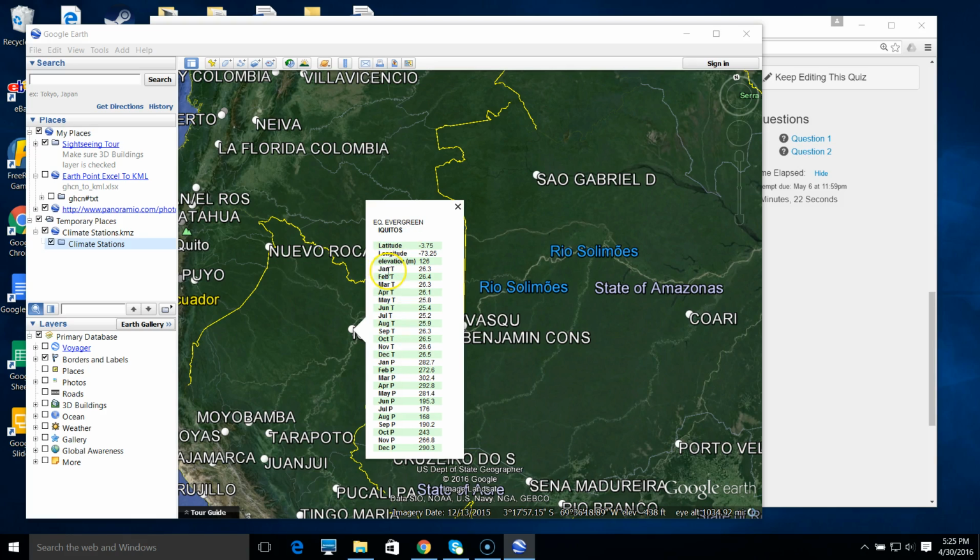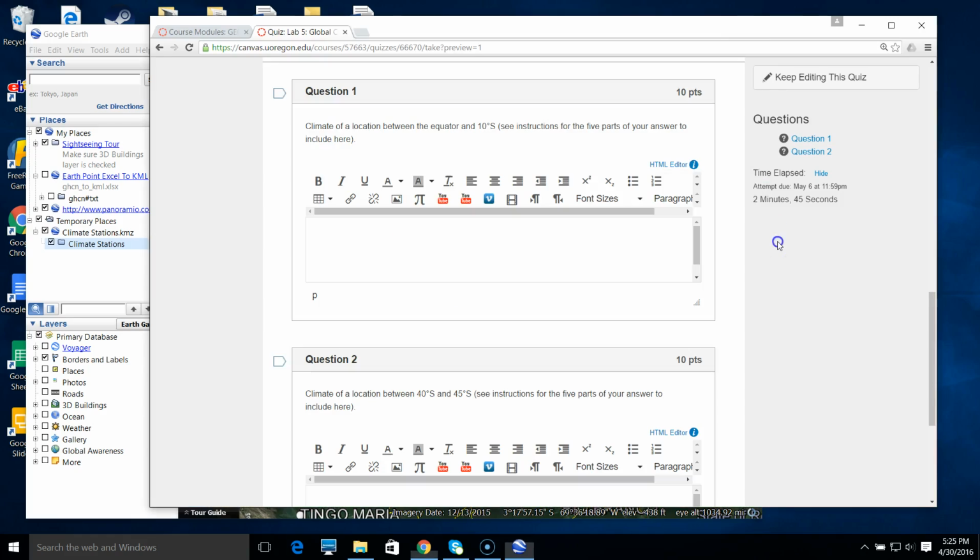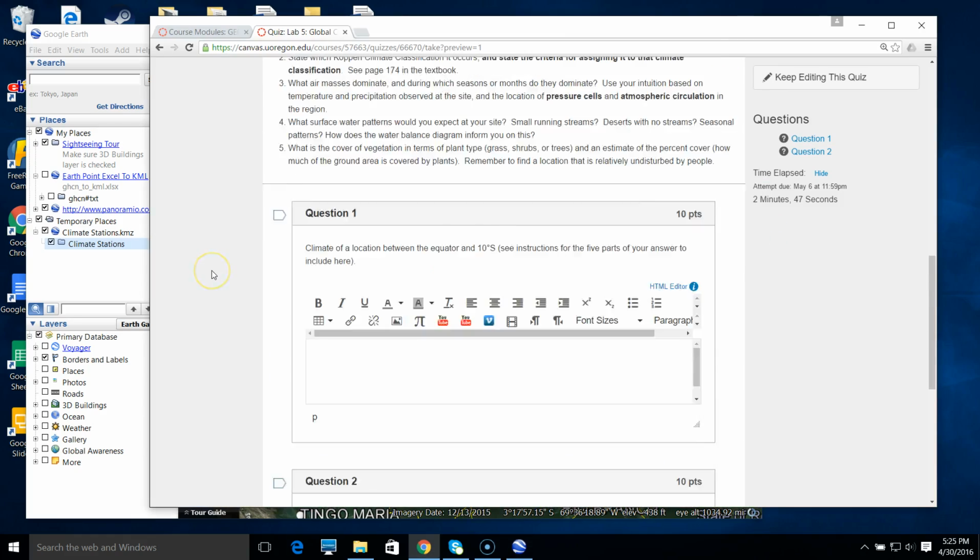So that's saying January, and we see every month here through December, and the T denoting temperature, or that average temperature for your climograph, and then as well Jan P through December P. So again, similarly your precipitation in the number of millimeters for every month of the year. And so with those values, what you're going to do, and again, this is all described throughout the lab, but